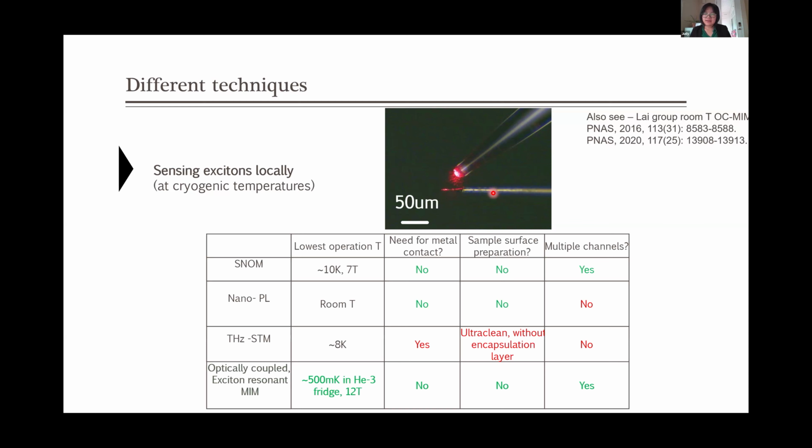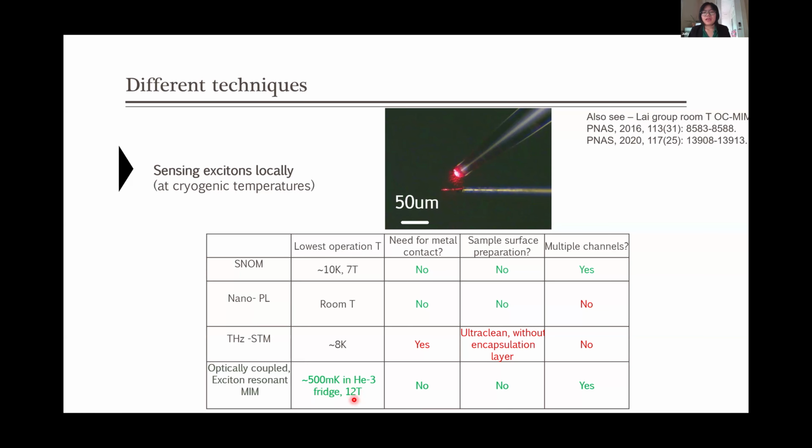So, as a comparison of how this technique can sense and how it compares to other techniques, it turns out to be very complementary. For example, in our case, it is very easy to go to very low temperatures because the microwave circuit is very compact and can be embedded into different types of cryogenic systems. It can reach 500 millikelvin, and actually recently even 20 millikelvin in a dilution refrigerator